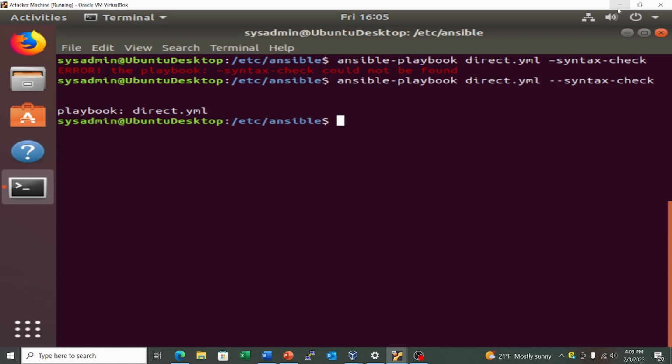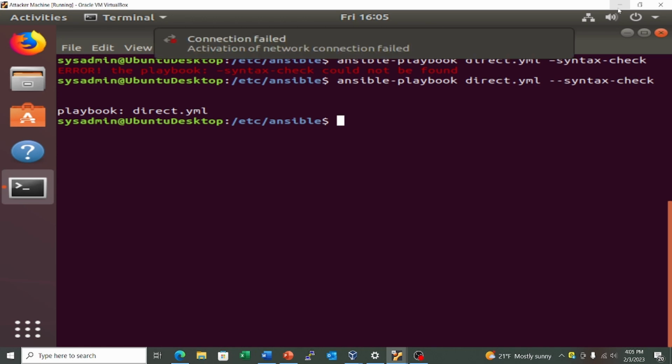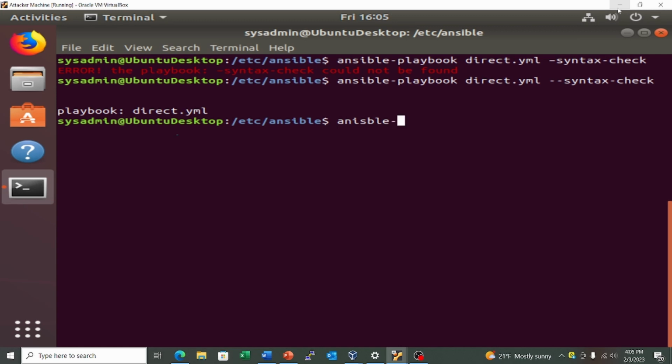So here I just ran that command to check the syntax, and it is all good. Otherwise, it gives some error if there is an issue. So let me run this playbook. So the command is ansible-playbook and the YML file,